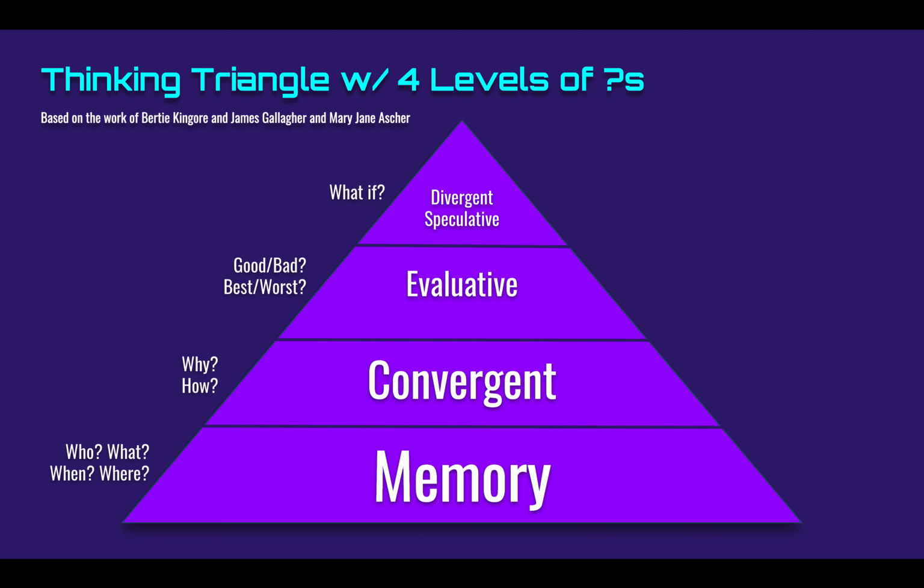So it's a triangle. The triangle is not really the most important thing. Just because it's at the bottom of the triangle doesn't mean that it's bad thinking. Just because it's at the top of the triangle doesn't mean that it's the most important thing ever. These are different thinking skills, and they're all very important. We're going to start with memory, okay?